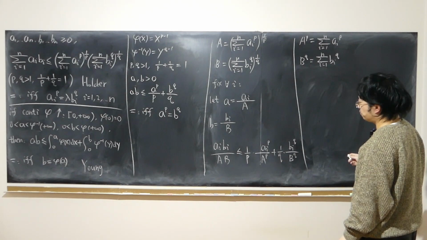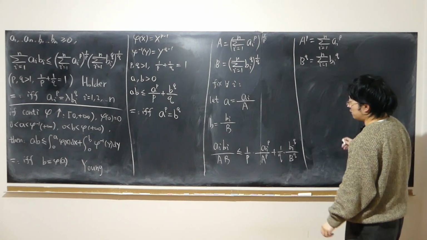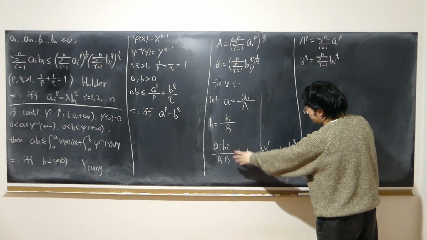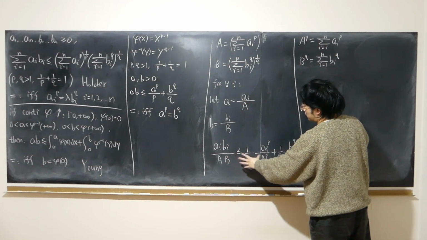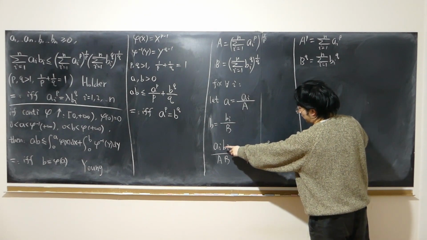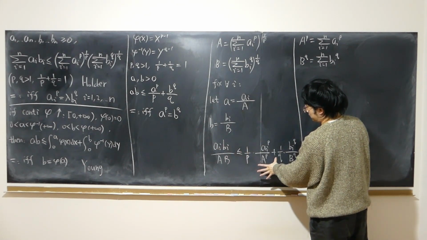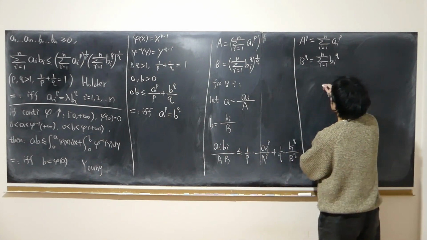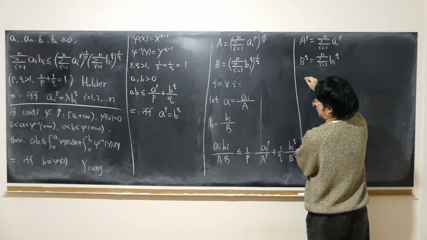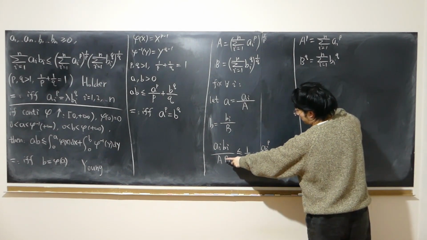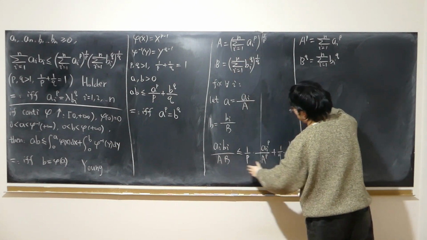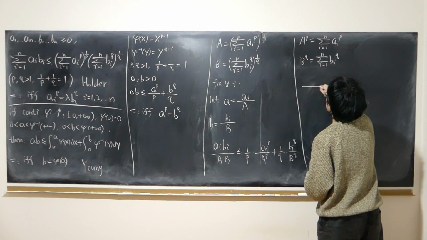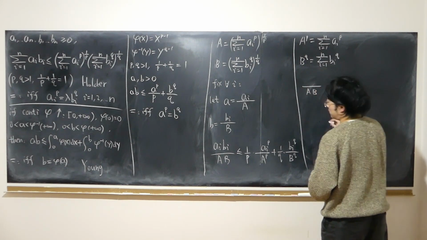So since this inequality is true for any fixed positive integer i, then I can do summation on both sides, right? Sum from 1 to n still holds true. Since A and B are already constants, I can just take them out. So that is A times B